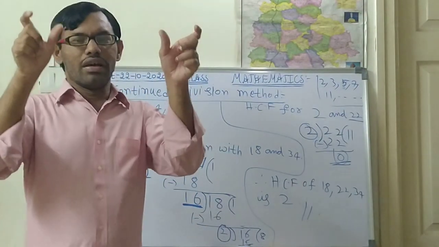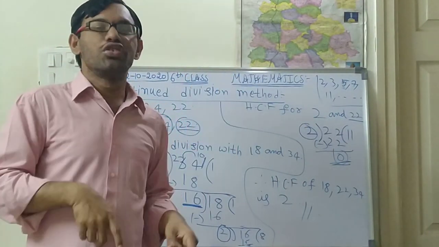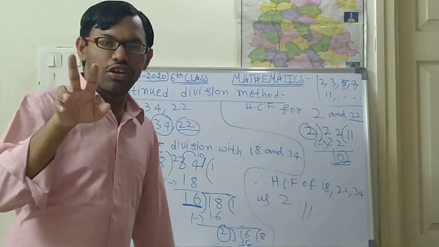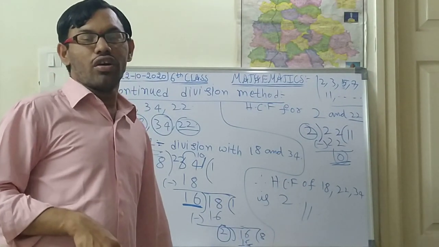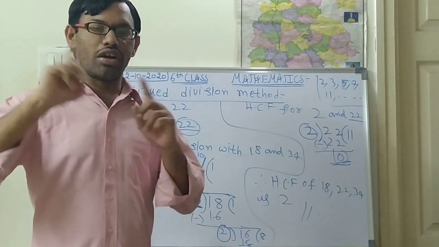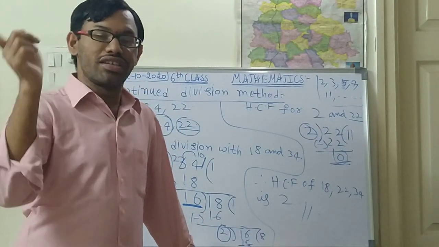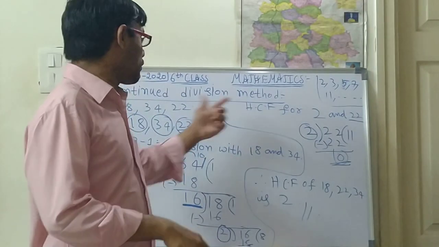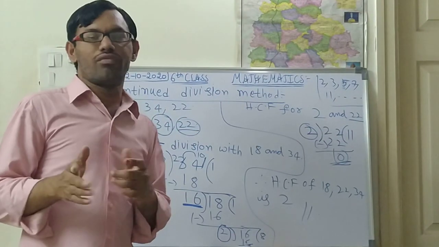First of all, take the greatest number and the smallest number, find their HCF, and then the remaining two numbers will be there. In those two numbers, take the greater number. After finding the HCF of two numbers, if there is a fourth number, find the HCF of that result and the fourth number. You do the HCF for two numbers at a time like this. That process becomes somewhat lengthy.